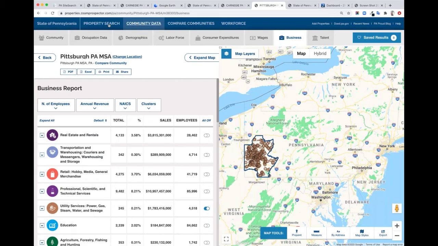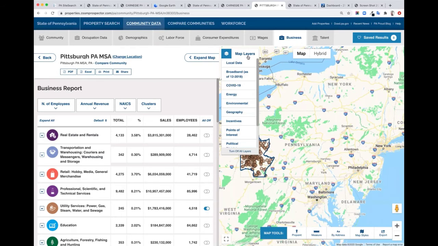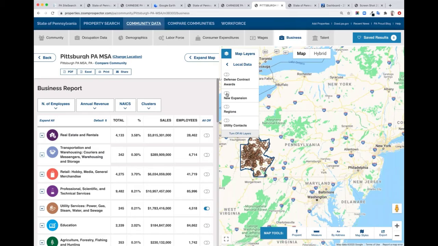Super, super easy. Let's see here. Couple other things. We have some standard map layers on the front end. Geography, you can turn on county boundaries and so forth. One layer we've just added, it is a work in progress, so there are only 5. This is not the total of accomplishments for this layer, but there's new expansion here, and this is some recent